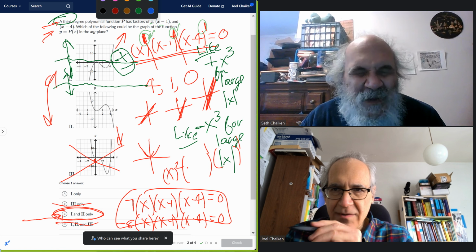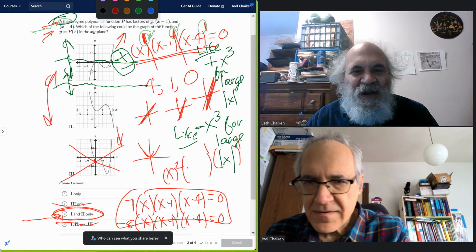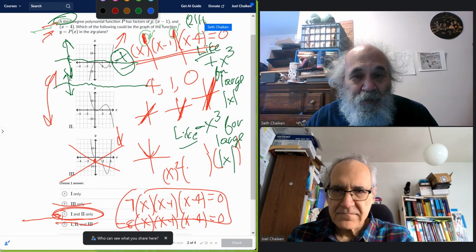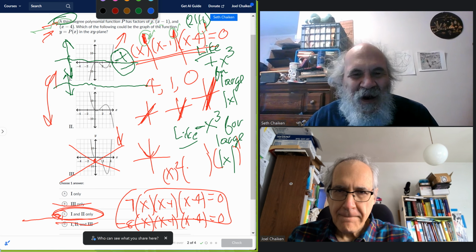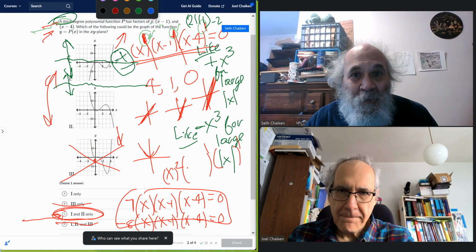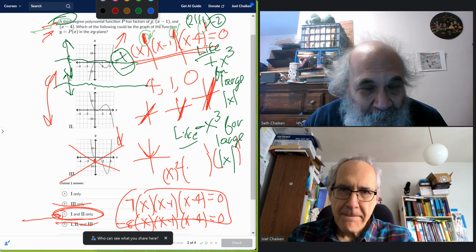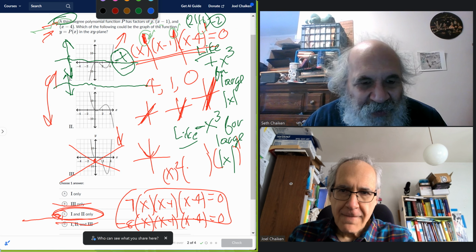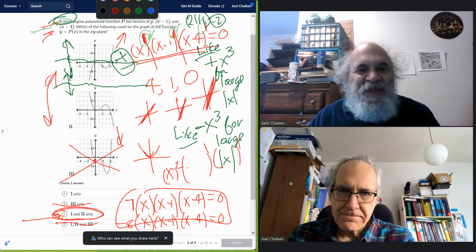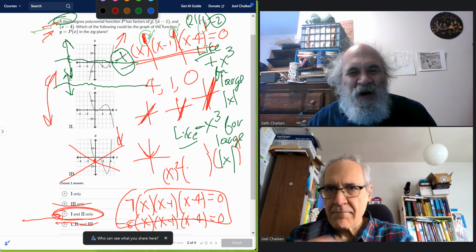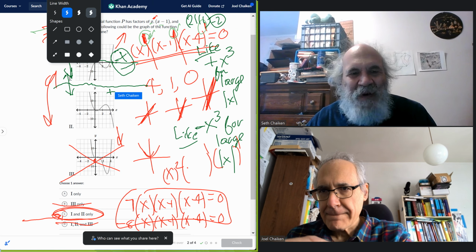Let's say evaluated at 2. If you evaluated at 2, you get 2 times 1 times minus 2, right? So you get minus 4, and it looks like it goes through minus 4. And here it goes through plus 4. So the exact polynomial that they plotted was, on the top plus, on the bottom minus,